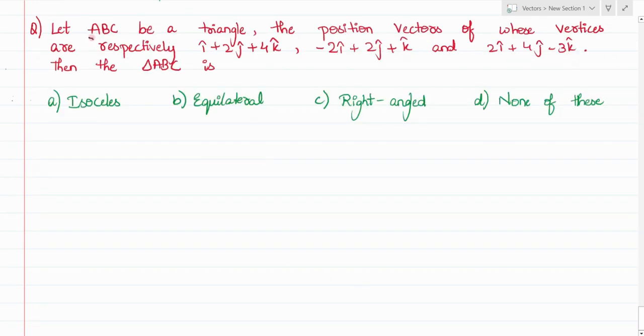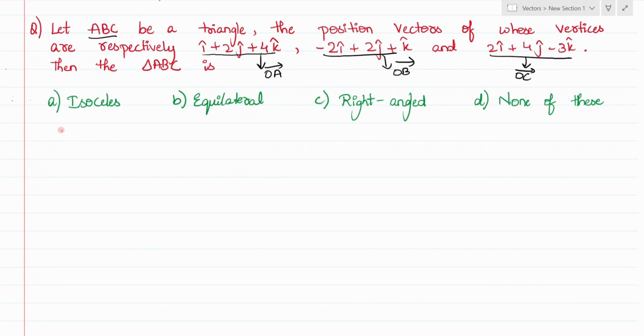In this question, ABC is a triangle and the position vectors of the vertices are given. That is, this is the position vector of A, that is OA, and this is the position vector of B, that is OB, and this is the position vector of C, that is OC. We need to find what kind of triangle ABC is, whether it is isosceles, equilateral, right angled, or none of the above. So to do that,